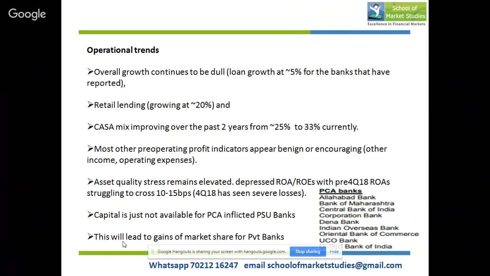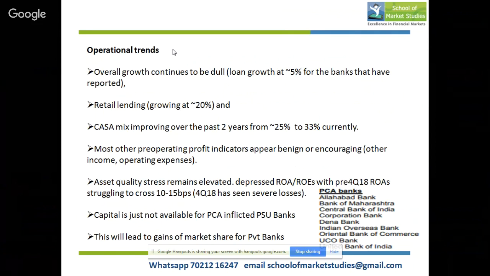So let's look at how primarily the trend of the PSU banks is shaping out. So what we see is that overall growth continues to be dull. Loan growth is barely 5% for the banks that have reported. However, retail lending is growing at 20%, and CASA, that is the mix of current account and savings account deposits, which are the cheapest cost of funds for banks, have over the last 2 years increased from about 25% of total deposits to about 33%,